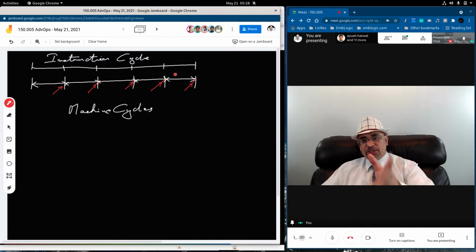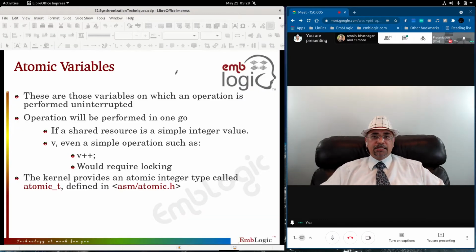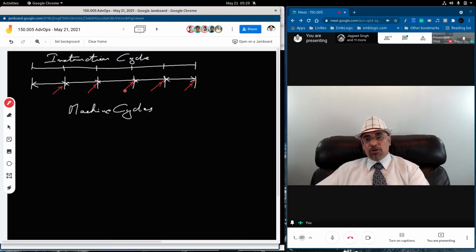So any instruction that has more than one machine cycle is prone to getting interrupted, stopped, scheduled, or not performing atomic operations. We have to make it atomic. Atomic variables are variables on which the operation is performed uninterrupted. Means these interrupts should not come during the execution of the complete instruction cycle.